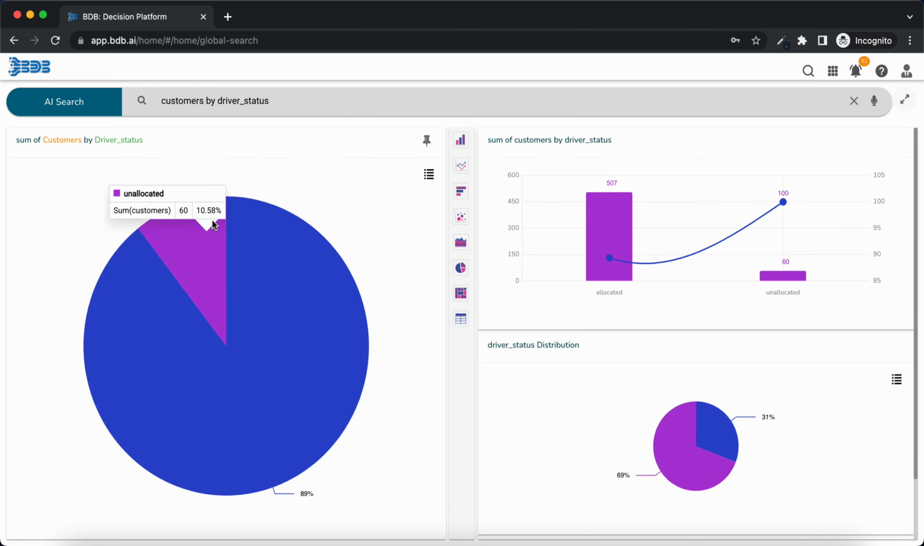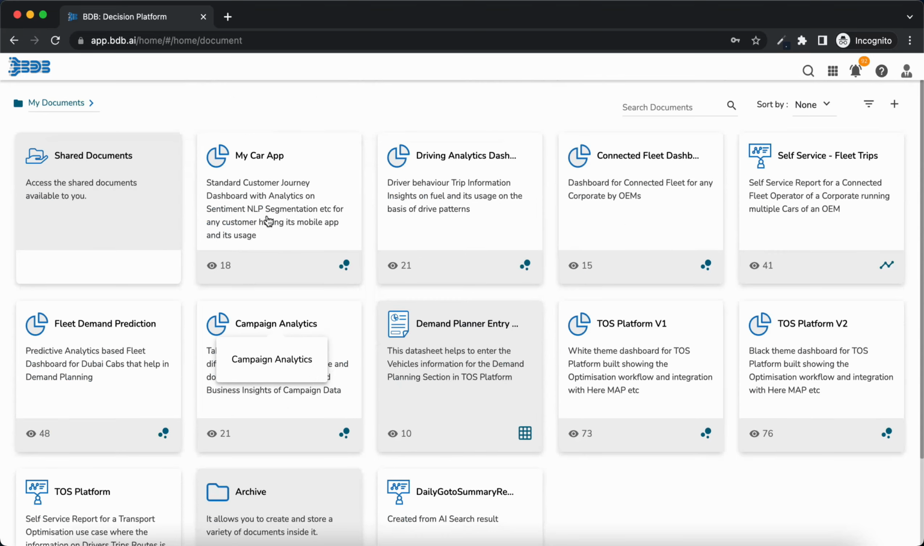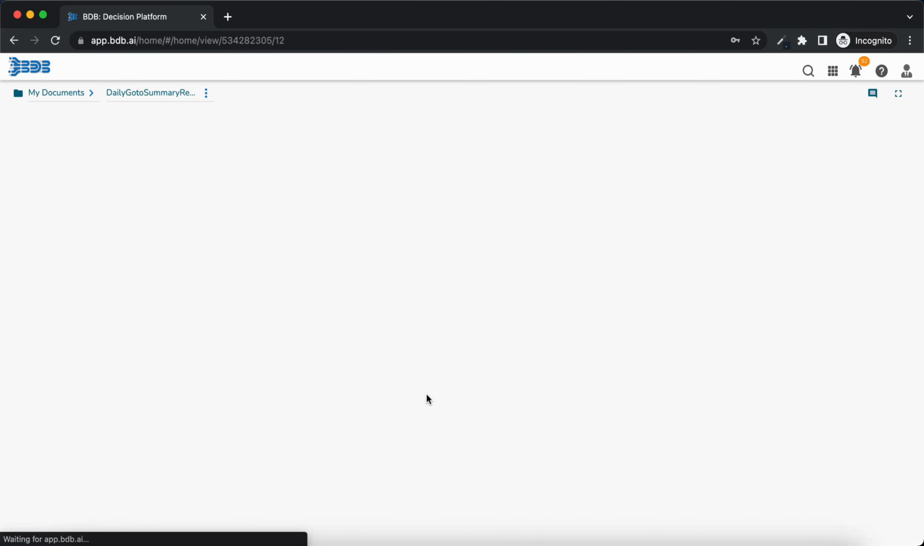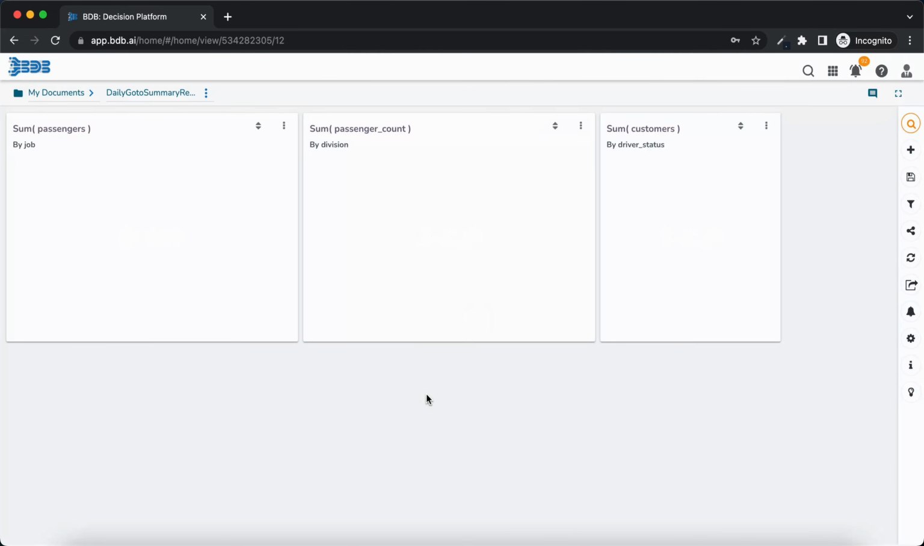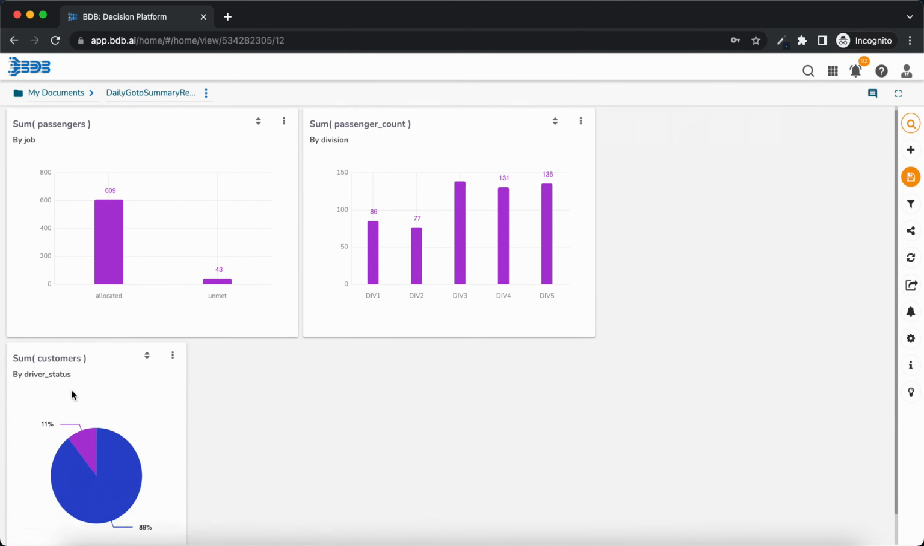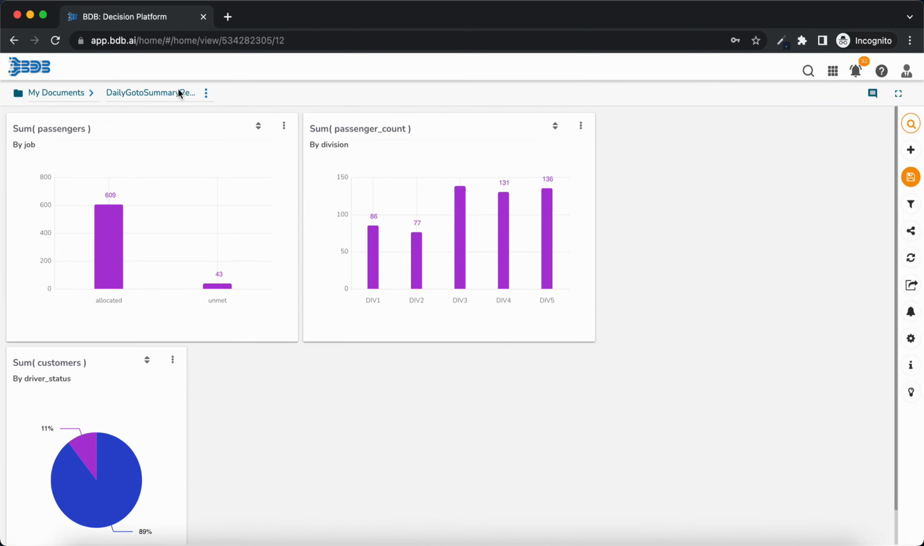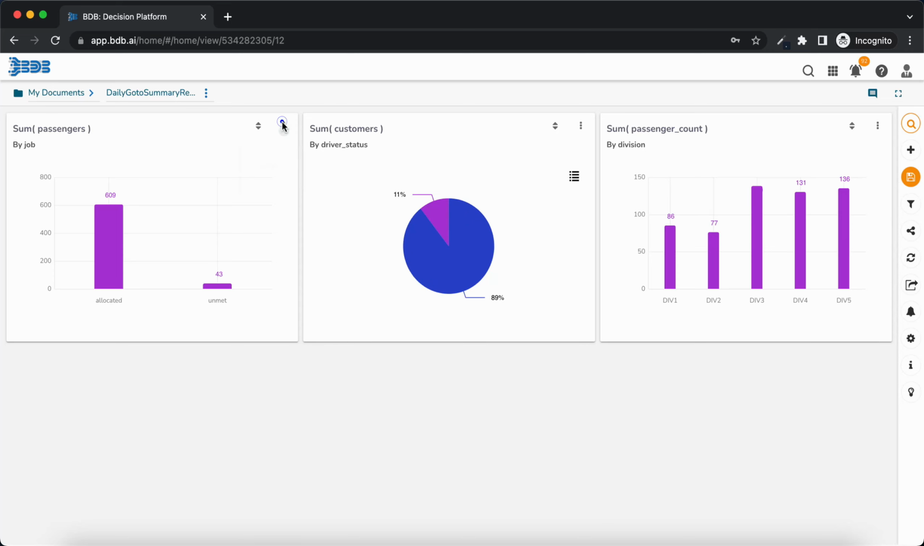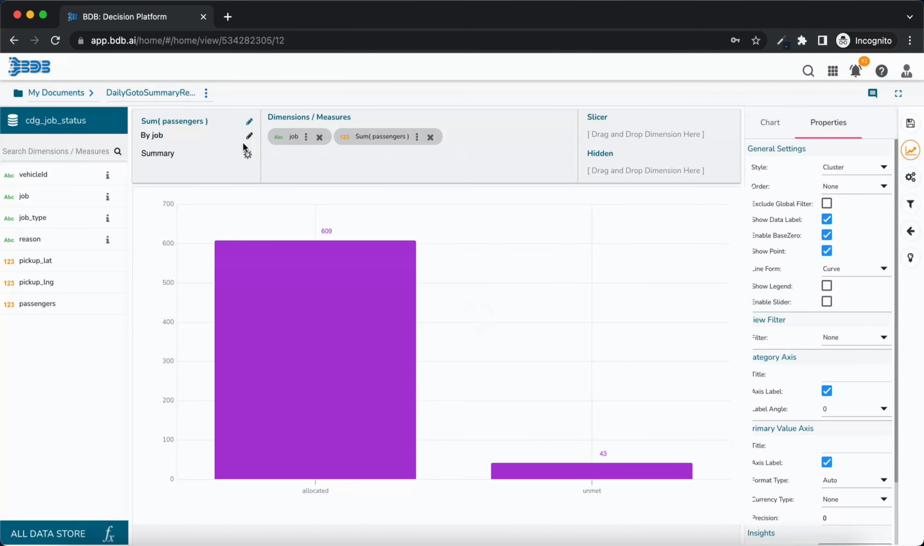And now we can go back to the story and check whether all my views have been added. Yeah, it looks like all the views are added here. Let me change the size of it, and if I want to edit any of the things, I can go and edit here. Number of passengers